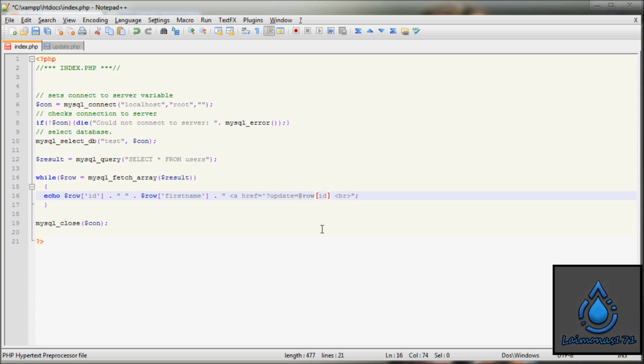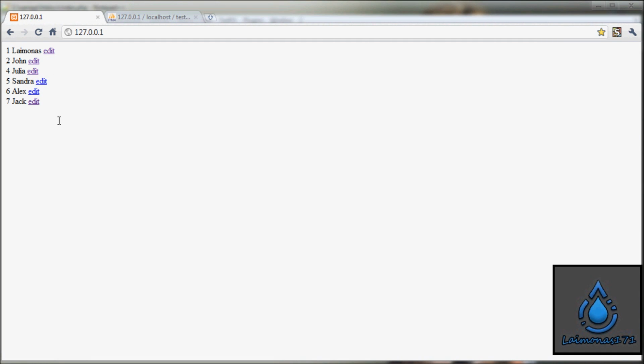It means after I click on this edit link, I'm going to see in the address bar update equals the current record ID. Let's check how it looks. So we're getting all these links, and after I click for example on Sandra, the fifth record, we will see update